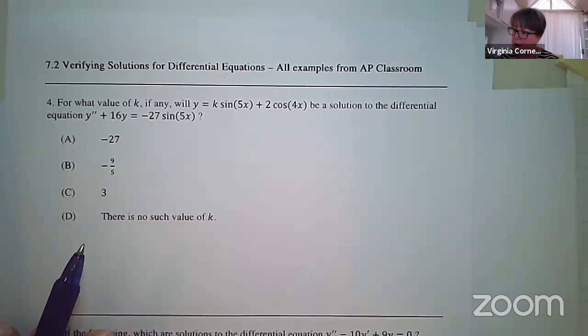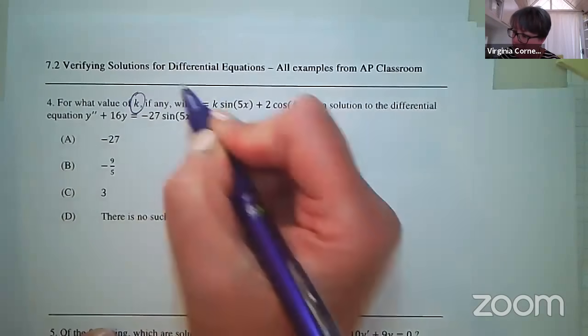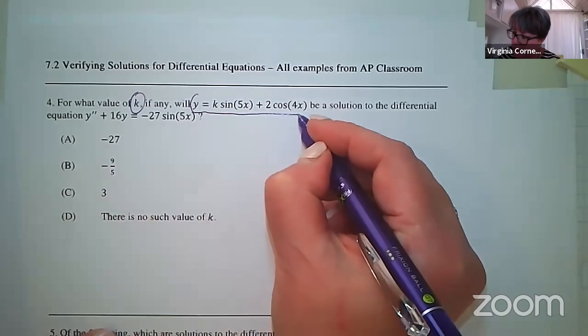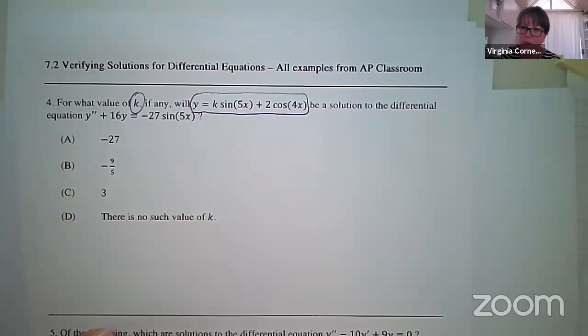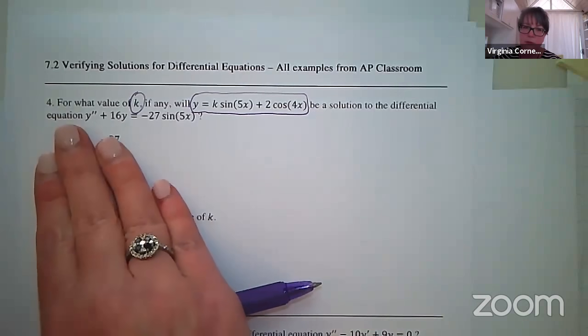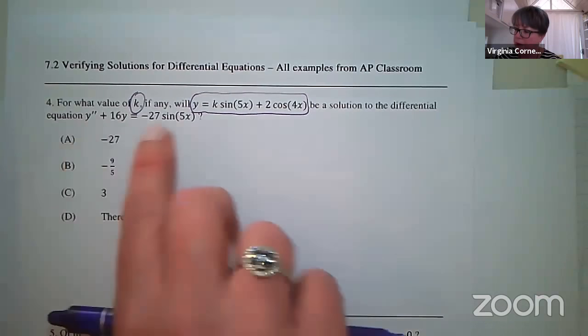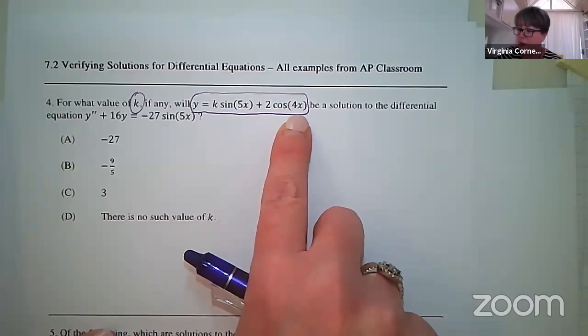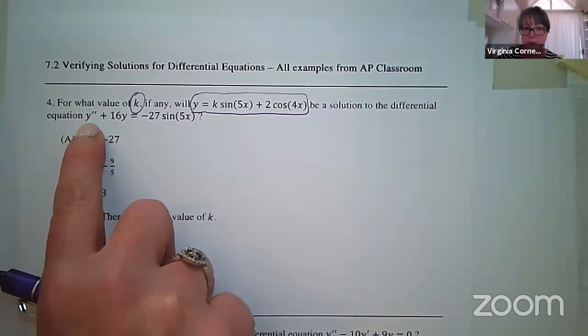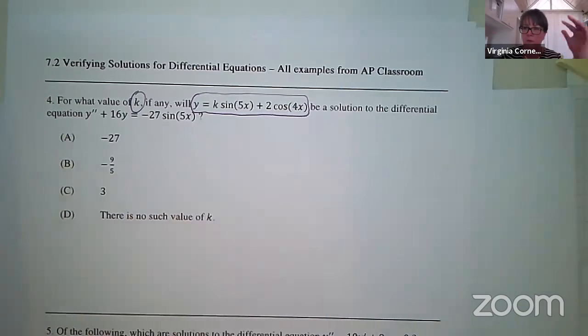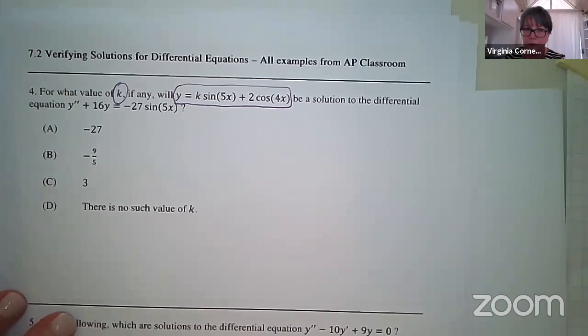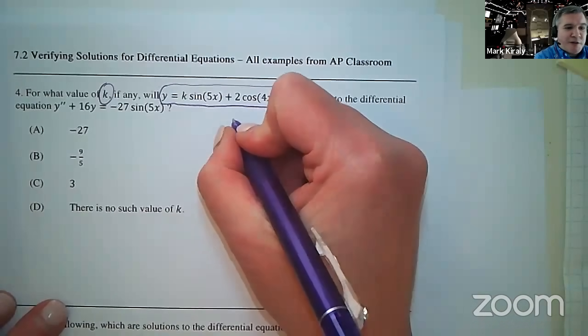This one's kind of interesting because now we're looking for this k value right here that's in our equation. And so strategically, I honestly wouldn't even look at my answers. I guess you could maybe work backwards from the answers, but I would probably just take the derivative twice so that I could substitute the second derivative into this equation, collect everything together, and hope that everything boils down to k equals some number. That's going to be my strategy. Anything to add, Mark, before I start going? Nope, that's okay.